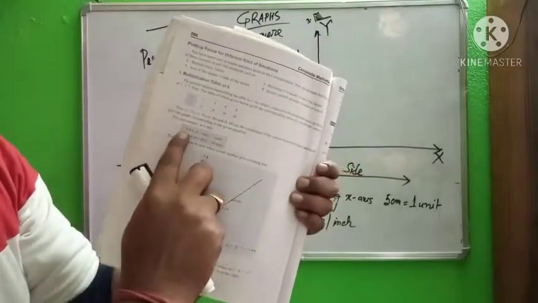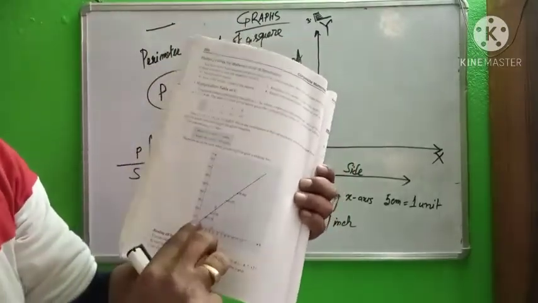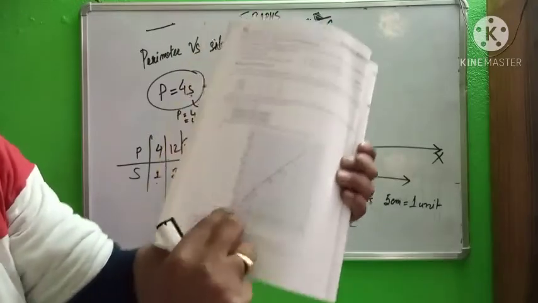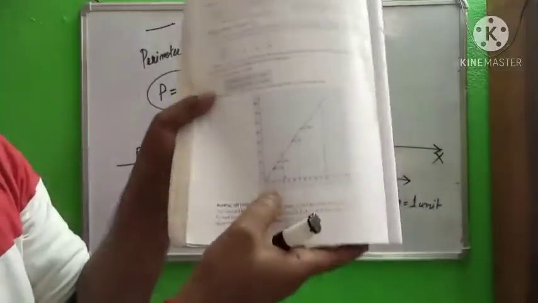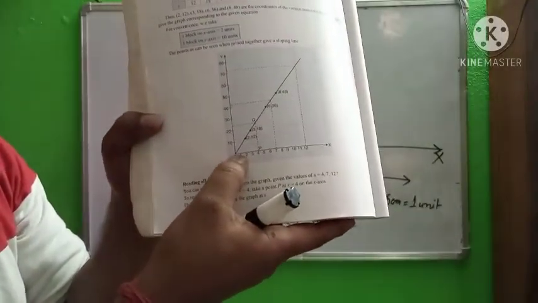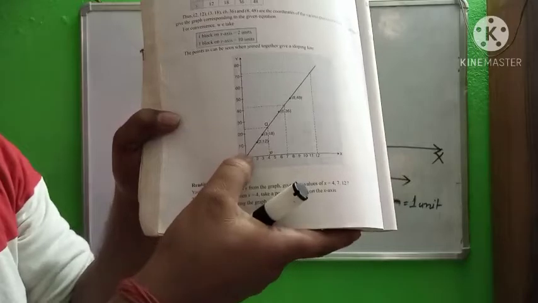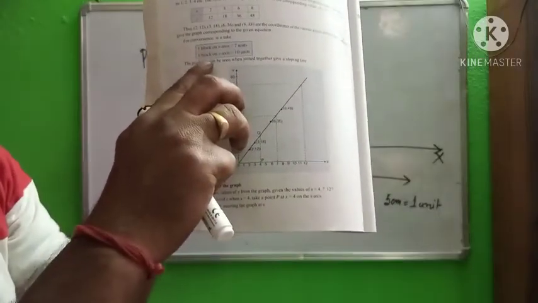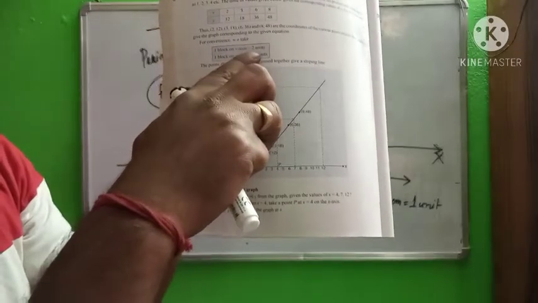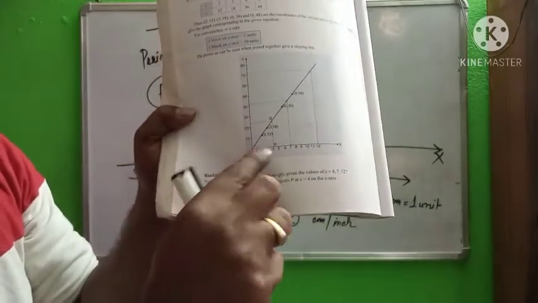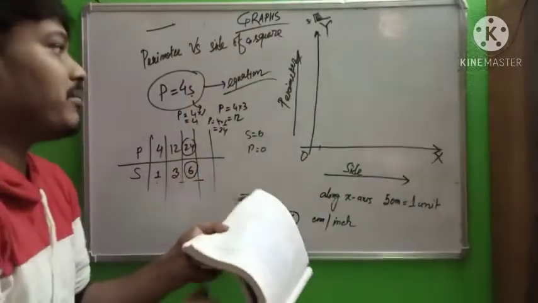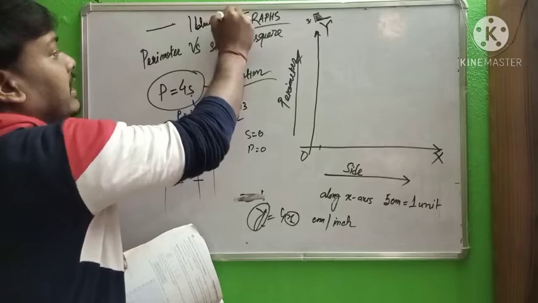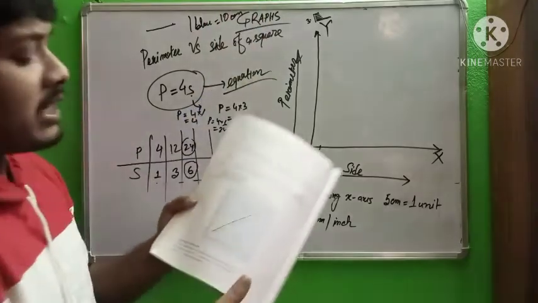So here one block is written on the x-axis. One bigger block in the x-axis equal to 2 units. One block means 5 centimeter, so here two blocks taken together equal 10 units. So one block equal to 2 units in the x-axis. One block means 10 centimeter, that means 10 small divisions.